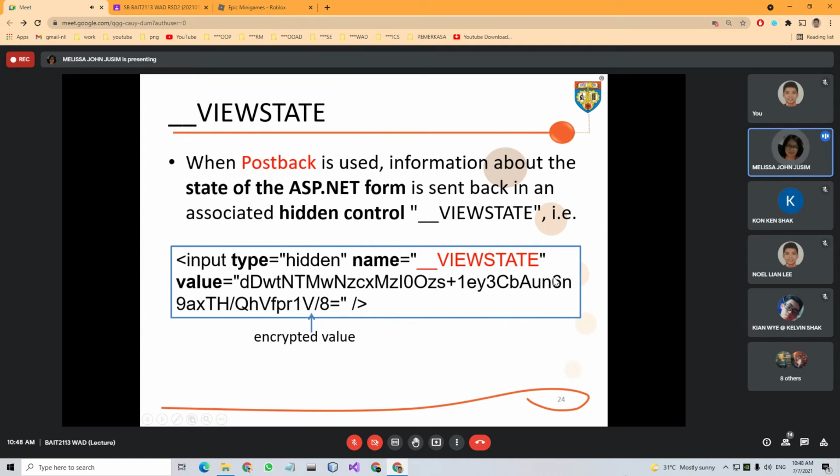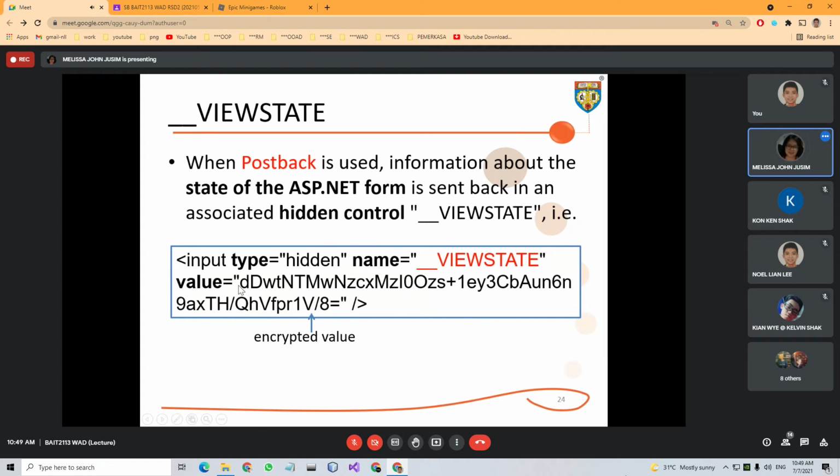Notice that this is a very unreadable value. The reason is that it has been encrypted for us, which is more secure. So all the values that we have on our web controls will be encrypted and set to this hidden control's value attribute.